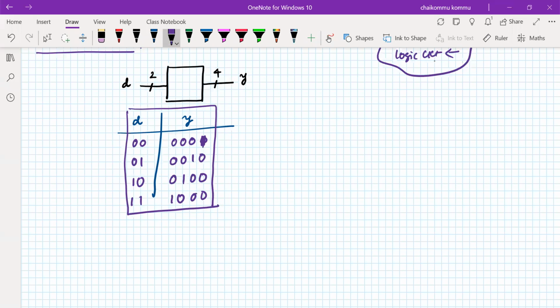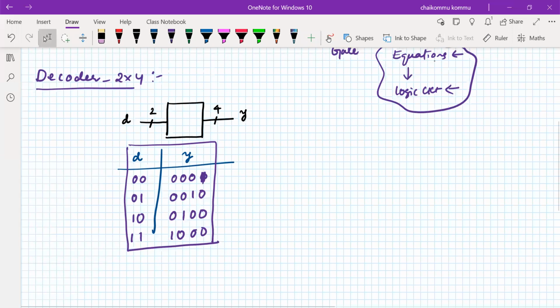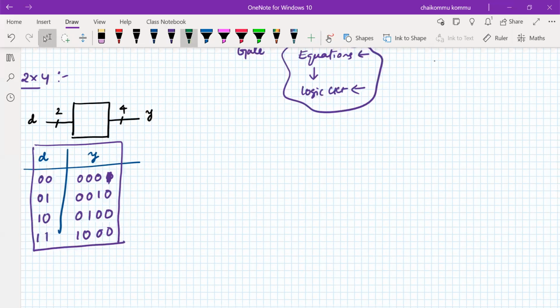So we need to write the program based on this one. How do you write it? By using behavioral modeling.